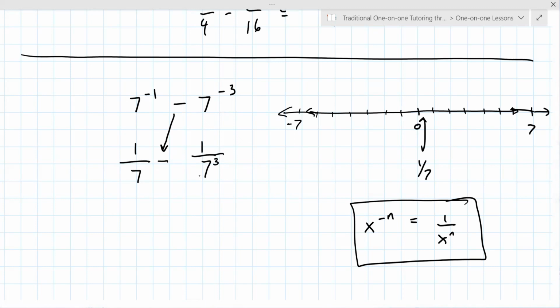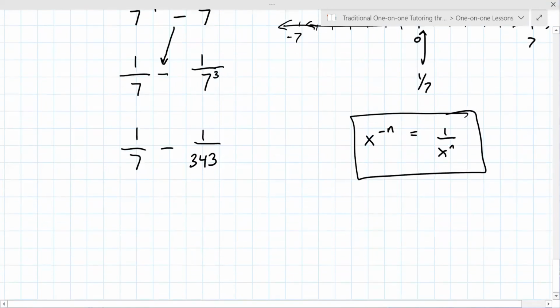Let me check. 7 to the power 3. Oh, 49. Are you looking at the table that I sent you, or something else? Oh no. 343. Yeah. So this is 1/7 minus